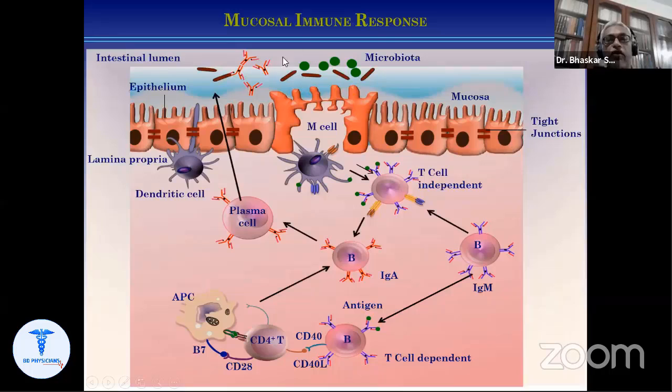They are used for collecting these microbiota or the antigens released from these pathogens, and then transport those antigens and release towards these dendritic cells or the monocyte macrophages, which then process these antigens and present it to the T cells, and the T cells can present the antigens to the B cells, which can form then plasma cells secreting